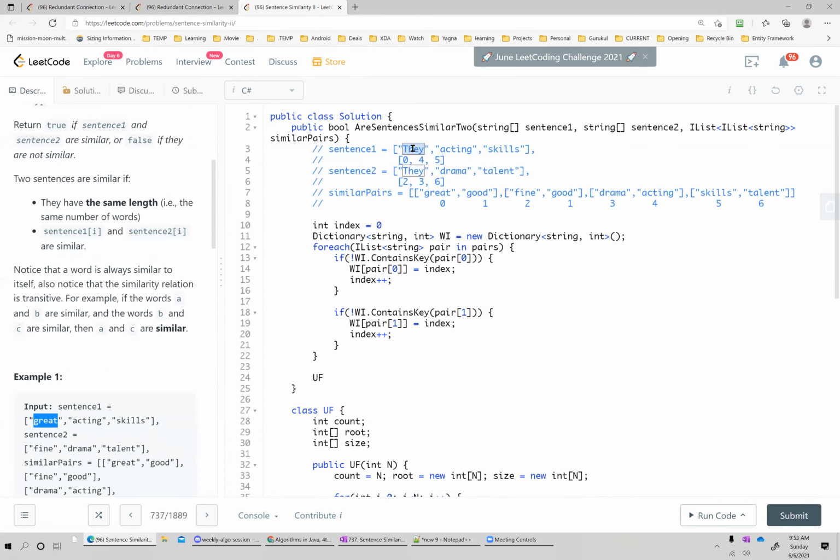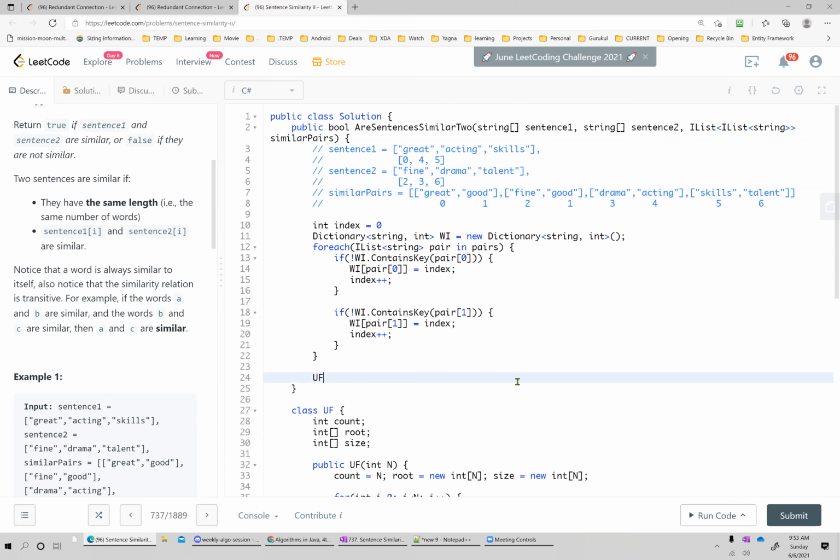Basically, I compare and check if both are part of these similar words or not. But before that, I need to create a union find structure of these similar pairs. Then only I can answer if great is equal to fine or not, or acting is equal to drama or not.